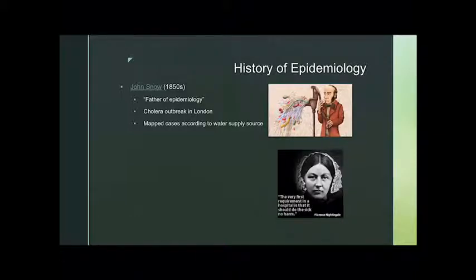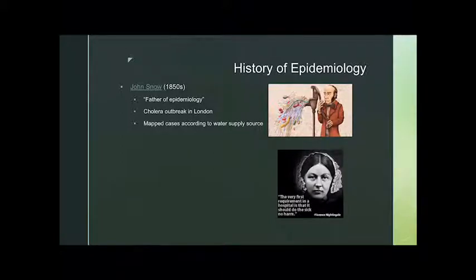So he decided that he was going to prove his theory correct by doing what we still do today in epidemiology, by tracking cases, mapping them, and trying to find out causes based on where he was finding the cases. So what he did is he was able to track that a whole bunch of cholera cases were happening around this water pump that was in the middle of a street called Broad Street in the middle of his neighborhood, Soho. And so every new case of cholera that would come up, he would track that case to see if that person had gotten their water supply from this certain water pump.